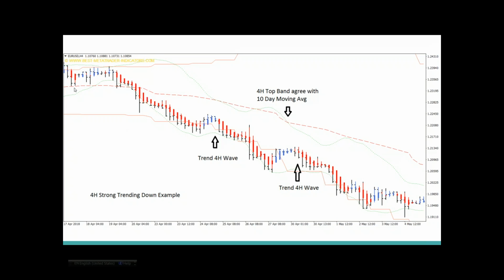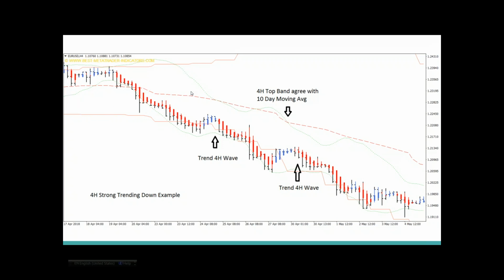So first, let's look at how we set up the 4 hours. In 4 hours, again, we draw the 10-day moving average here in the dotted line. And this technique is made available in the MT4 platform. It allows you to draw a day indicator onto a smaller time frame. Now, the red solid line, again, is a day indicator. This is the daily band. So take a look at the daily Bollinger Band, it was very narrow at the left of the chart here.